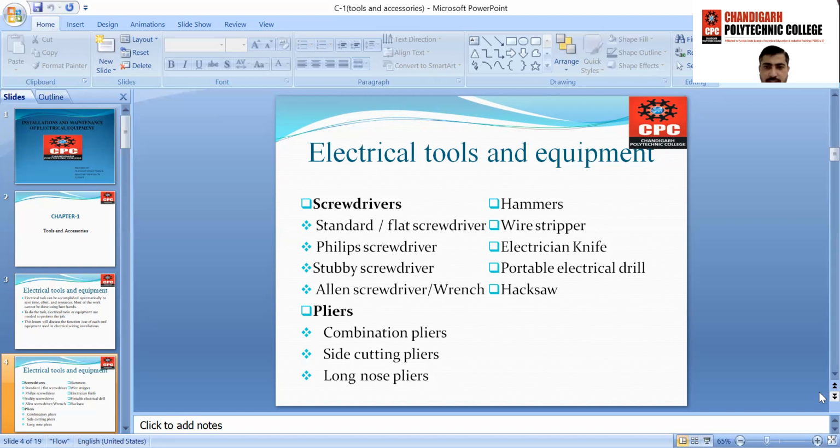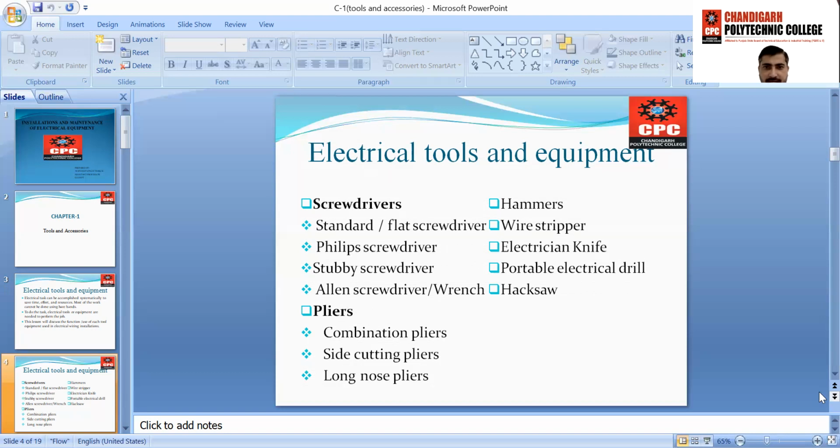Some other tools are hammers and wire strippers. Hammers are used for hammering. Wire strippers are used to strip the PVC insulation from the conductor. The electrician knife is a tool to cut or bend electrical joints or conductors in electrical installation.